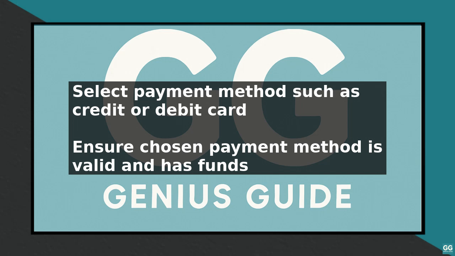Next, enable Autopay by toggling the switch or checking the box next to the Autopay option. You will then be prompted to confirm your payment method and agree to the terms and conditions. After confirming, your Autopay setup is complete and your Afterpay payments will be automatically deducted from your chosen payment method